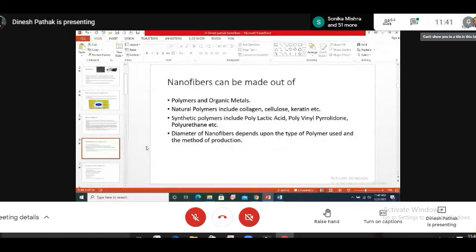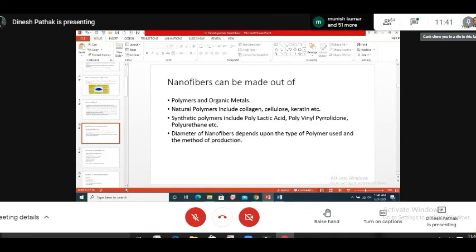Then, how can nanofibers be made? They can be made either of polymers, or a blend of polymer and some metal oxides. Later, if we sinter, those polymers can be ejected out. So why do we make a blend? To have some mechanical strength in the obtained nanofibers. So these are the materials from which we can make nanofiber, either pure polymers or polymer-inorganic blends.